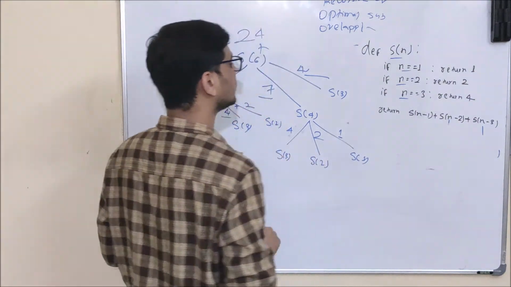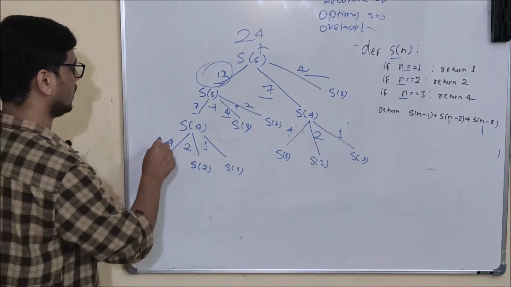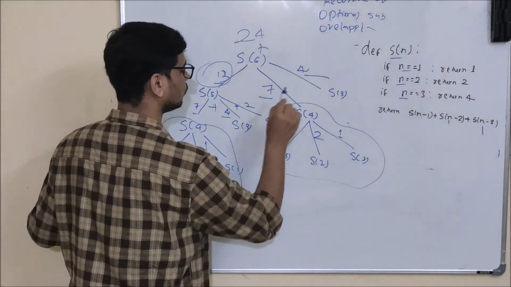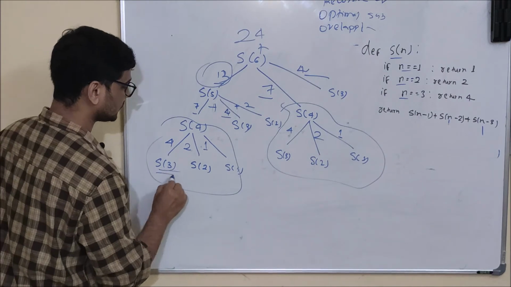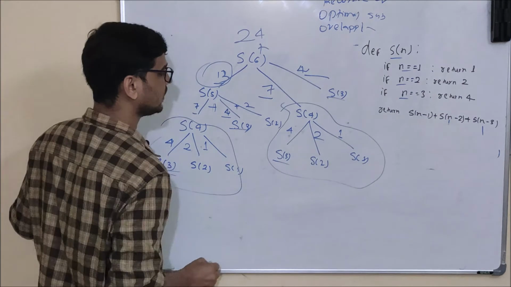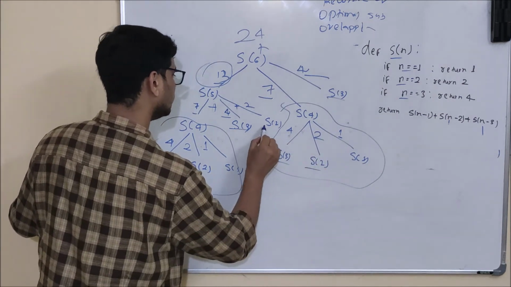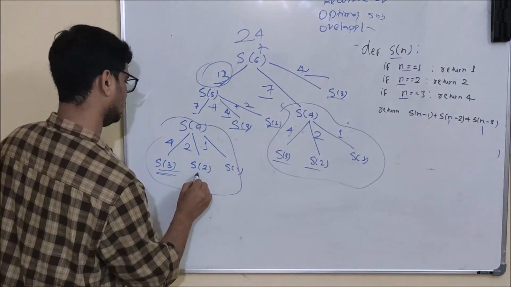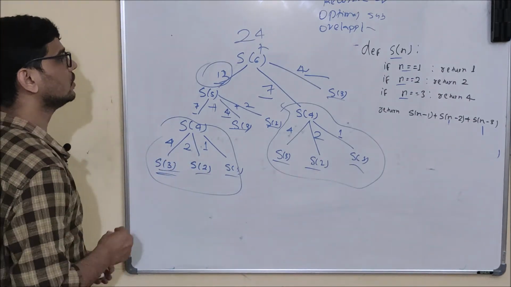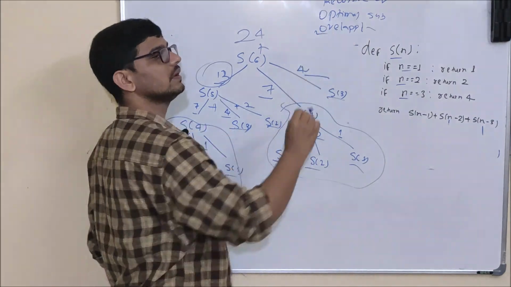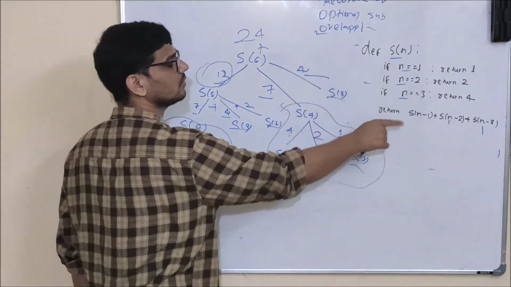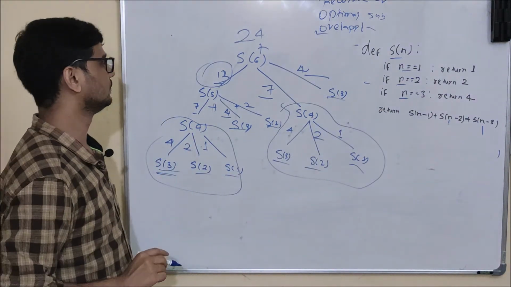Now, as you can see here, s of 4 and s of 4, this tree is going. How many s of 3 do we have? 1, 2, 3, 4. How many s of 2 do we have? 1, 2, 3. Similarly, s of 1: 1, 2. So this overlapping subproblem property is satisfied. And one more thing, recursive is already satisfied and we have written the recursive equation for it.